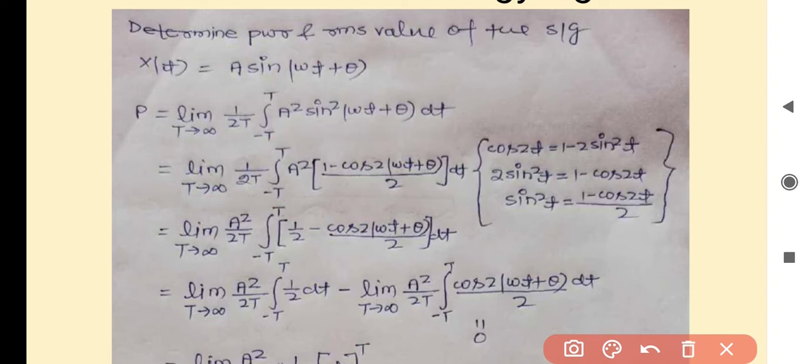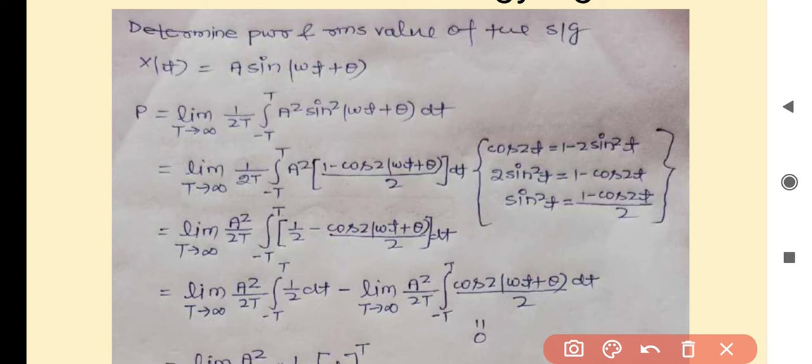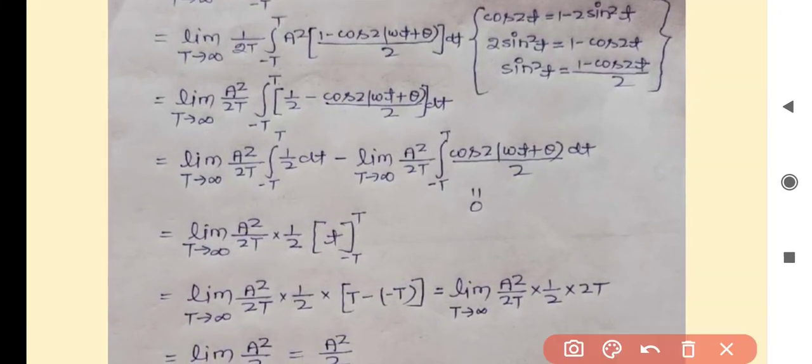Then we will replace this sin square with, by using this formula, cos 2t is equal to 1 minus 2 sin square t. From here we can write it as sin square t is equal to (1 minus cos 2t) by 2. Then I will use this relation here. We will separate the terms and find the value like this. Here we will separate the terms 1 by 2 and cos 2 omega t plus theta